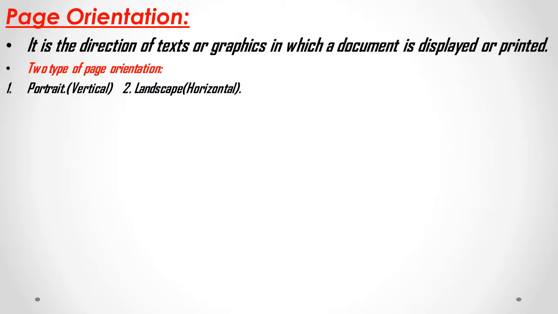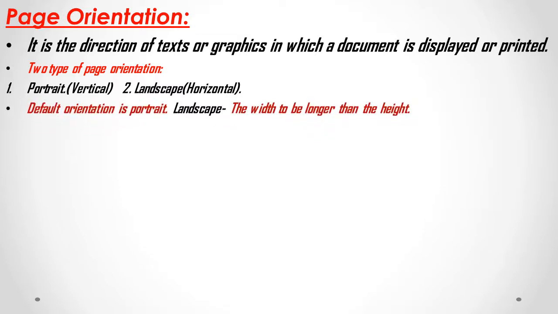Portrait is what you view by default in MS Word. By default it looks like a textbook sheet, right? That is about portrait. Landscape means horizontal: the height will be less and the width will be more. Portrait means normal view, the sheet width will be a little less but the height will be more. Landscape means width will be more and the height will be less. That is about horizontal landscape.